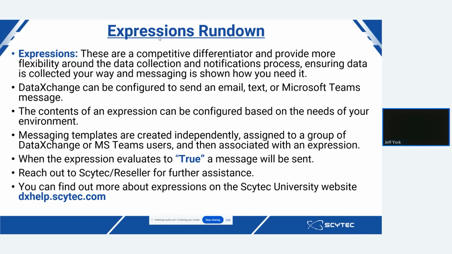And that could be something like when machine A has been in an unknown downtime for longer than 60 minutes, I want to get an email saying that the machine has been in that unknown downtime for longer than 60 minutes, alerting me to then go out to the shop floor and attend to that machine. I can't stress this enough, please reach out to Scytec or your Scytec DataXchange reseller for further assistance about this kind of stuff. And you can read more about expressions on the Scytec University website,